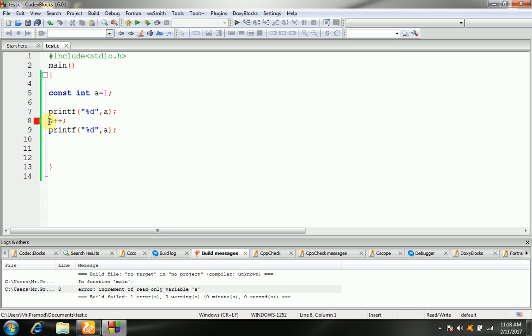Then there will be an error again. Thus we can say the variable a cannot be incremented by any operation. The variable a is a constant variable.